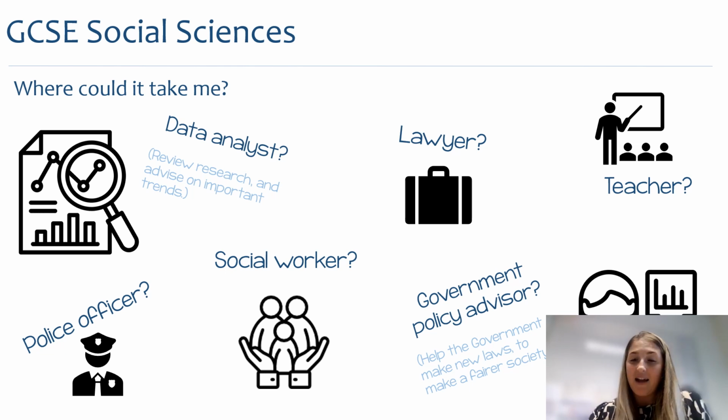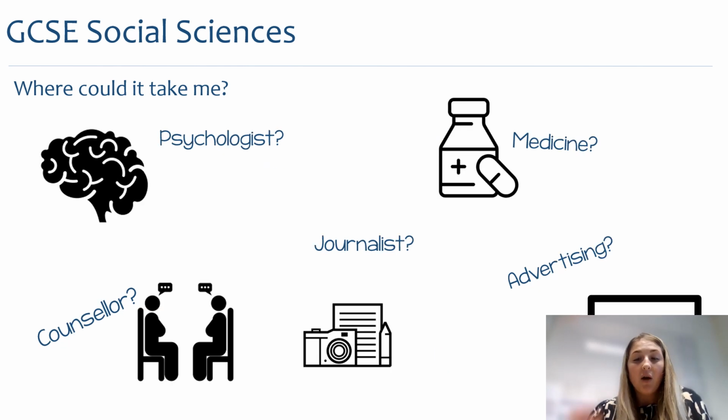Social sciences is very flexible and it's seen as a facilitating subject, which means lots of different courses accept it as a qualification. If we look at the psychology side, there's lots of interesting options that you could go into. Medicine and psychology are two very common options that people opt for, but also things like counselling. So in the media, this is known as being a therapist. You might know it as that. So a counsellor is someone who can help people through mental health problems, and that's a really common, really popular job interest that people can explore after doing A-levels.